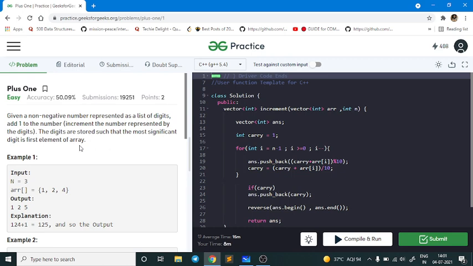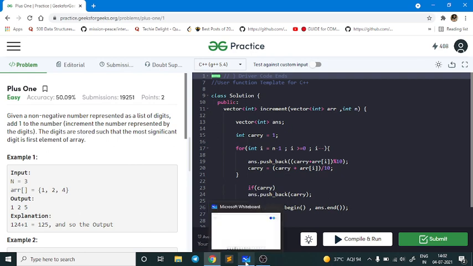That means that the number represented here is 124, right? So the number which we have to represent in the decimal form is given in the form of an array. Perfect. That means each digit in this array represents each digit of that number. So basically if we form the number, it will give me 124. And now our task is to add 1 to this number 124 which is formed by this array of digits and return that number in the vector.